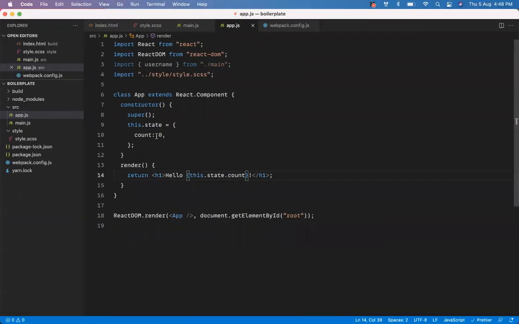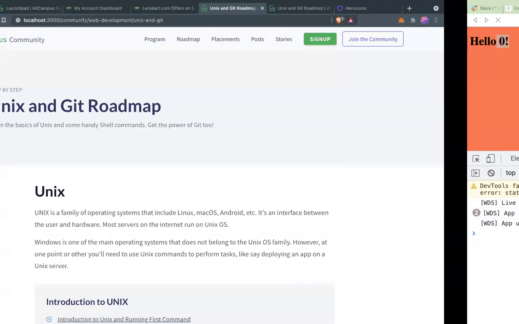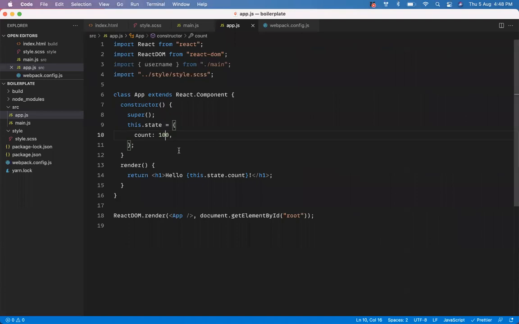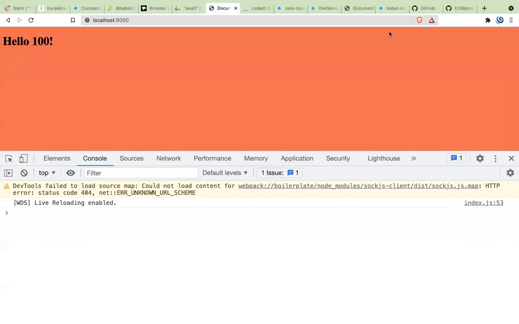If you want to change it to 100, you can see 100 here. All good. It is working. There is no problem at all. Now, the thing is, if this class is only having properties like this, you cannot have a method. That's the point of it. But what if I want that?